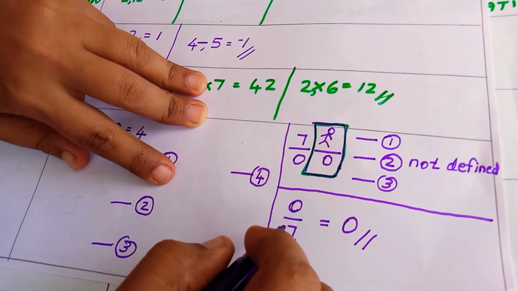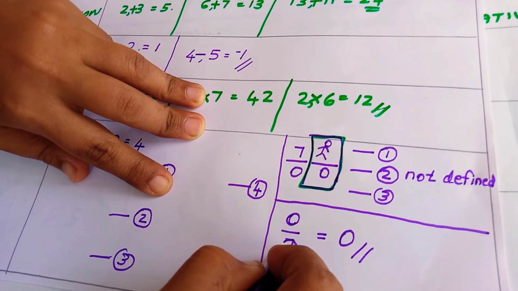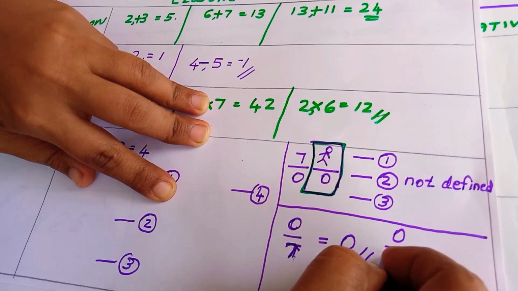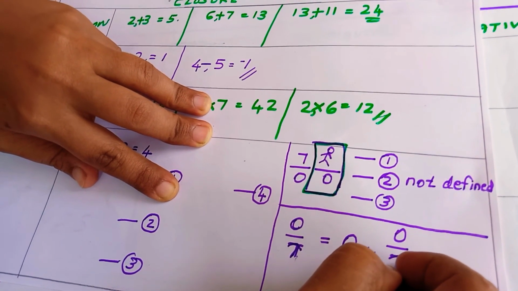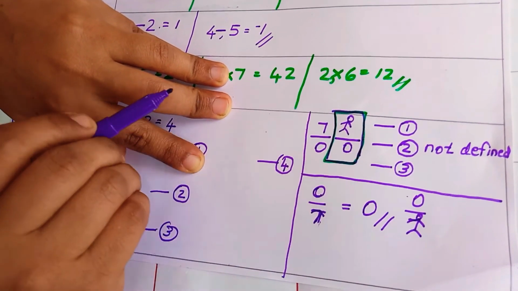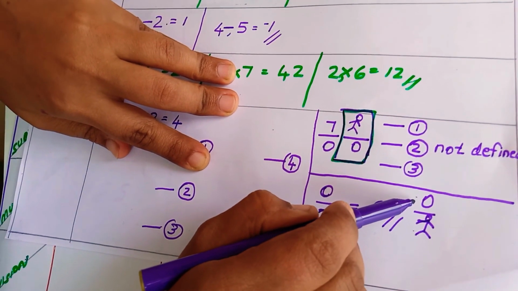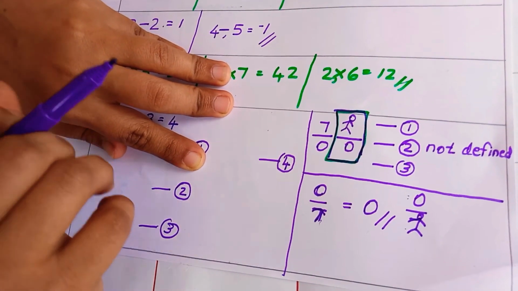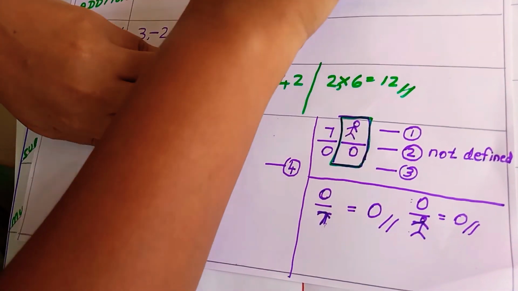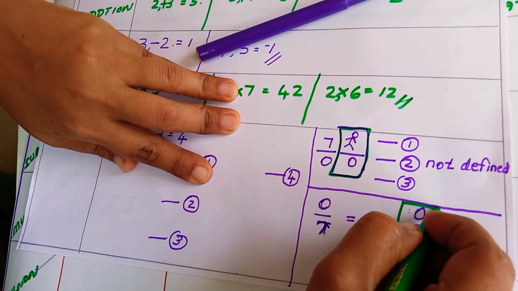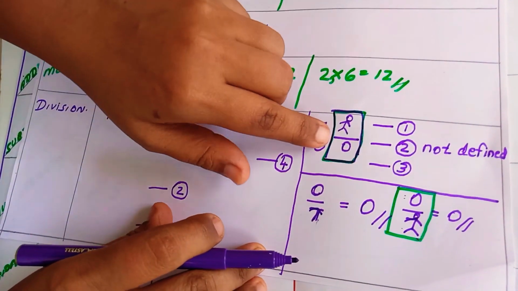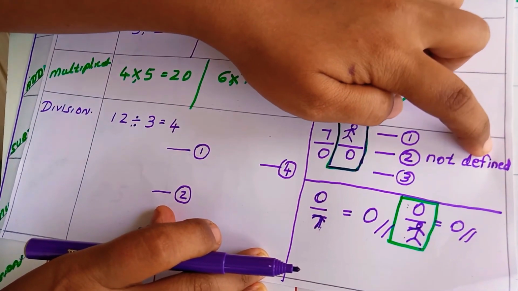Okay, for remembering this, you just imagine 0 divided by 7. Just imagine this 7 as a boy, this 0 as a ball. Can a boy hold a ball on his head? It is possible, and the answer is 0. In this way you can remember these two things very easily for the exam. Without loss of time, you can write down the answer.